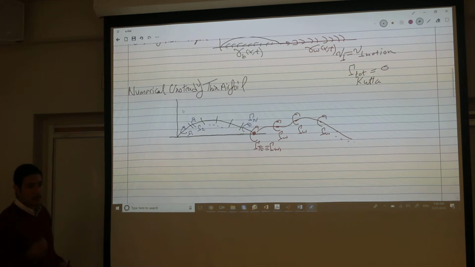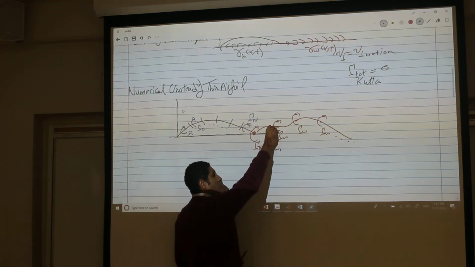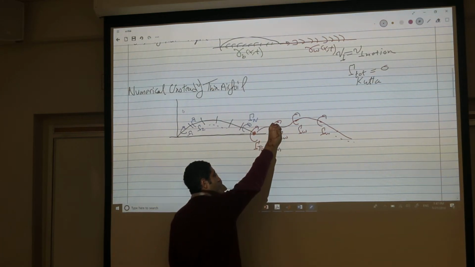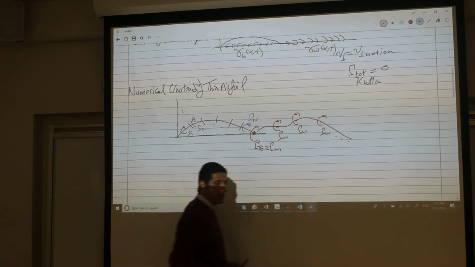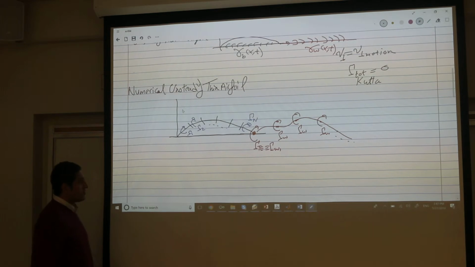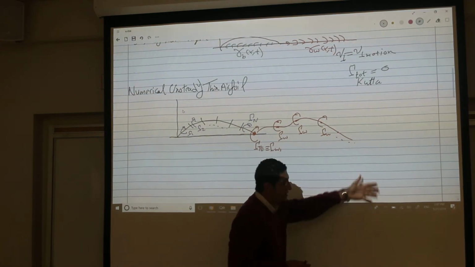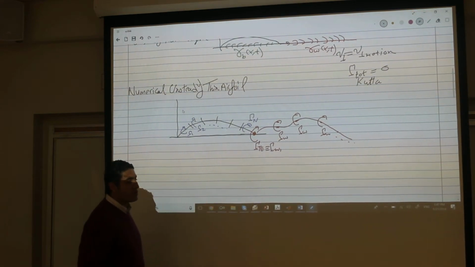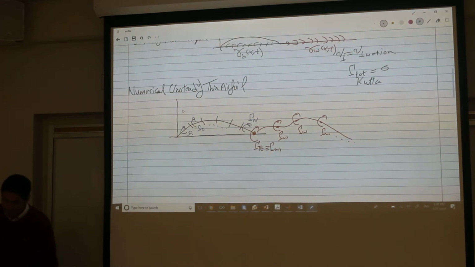The vortex dynamics dictate that if you have a vortex of constant strength, that doesn't grow with time, then it moves with the flow. So each one of these wake vortices moves with the flow, maintaining its strength. And how do you determine their strength? Well, at the very beginning,